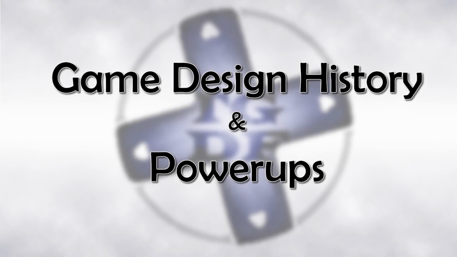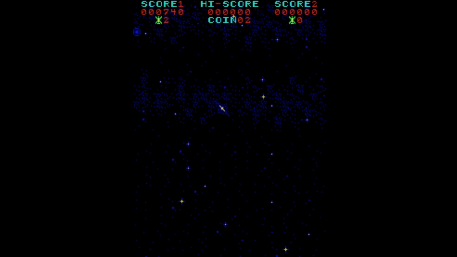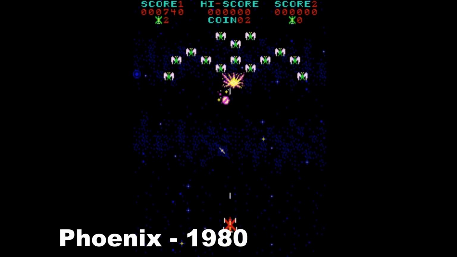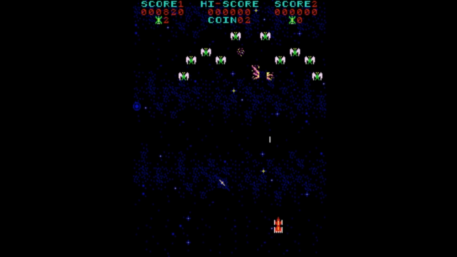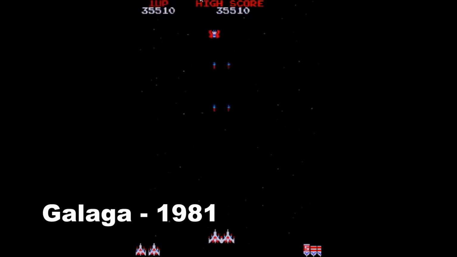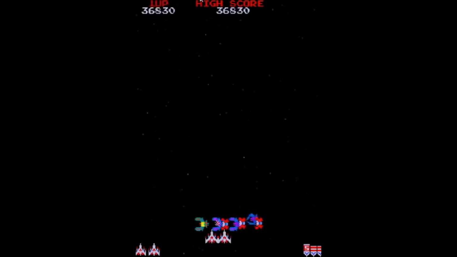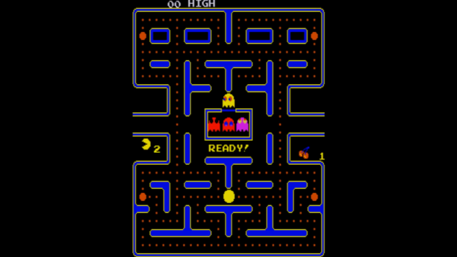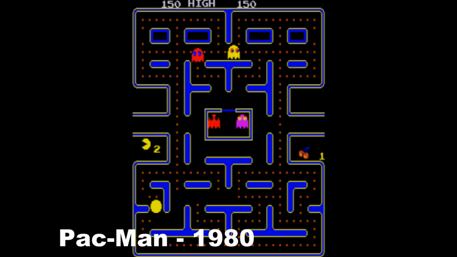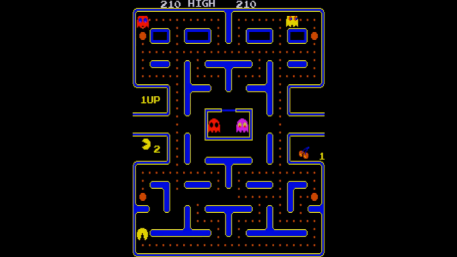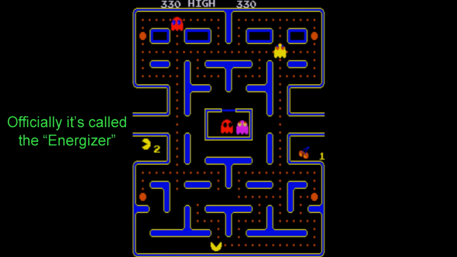After Nishikado's discovery, the next most important development in the arcade era was the power-up. Quite a few different games experimented with some kind of power-up mechanic. Phoenix doubles the player's firing speed in the second phase of the game. Galaga famously doubled the player's firepower with its 2 ships power-up. The most iconic power-up of the arcade era was probably Pac-Man's Power Pellet. When Pac-Man gained this power-up, he gained the ability to eat the ghost enemies who would actually flee from him